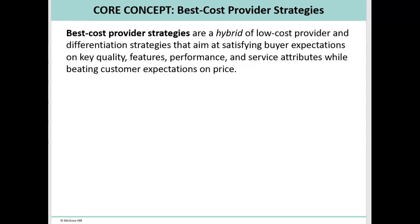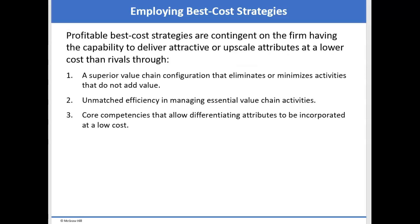What are their expectations? Is it quality, features, performance, service, right? When I go to a fast food chain like Chick-fil-A, it's service and quality that differentiates it for me. It draws me to it. Now, if we want to employ these best cost strategies, they can incorporate appealing features like good to excellent product performance or quality, or more satisfying service into the product, offering a lower cost than the rivals,